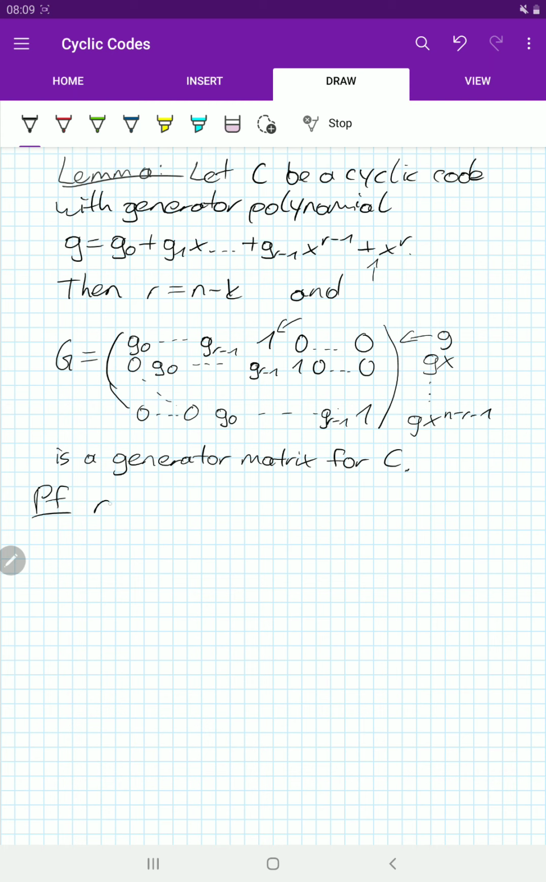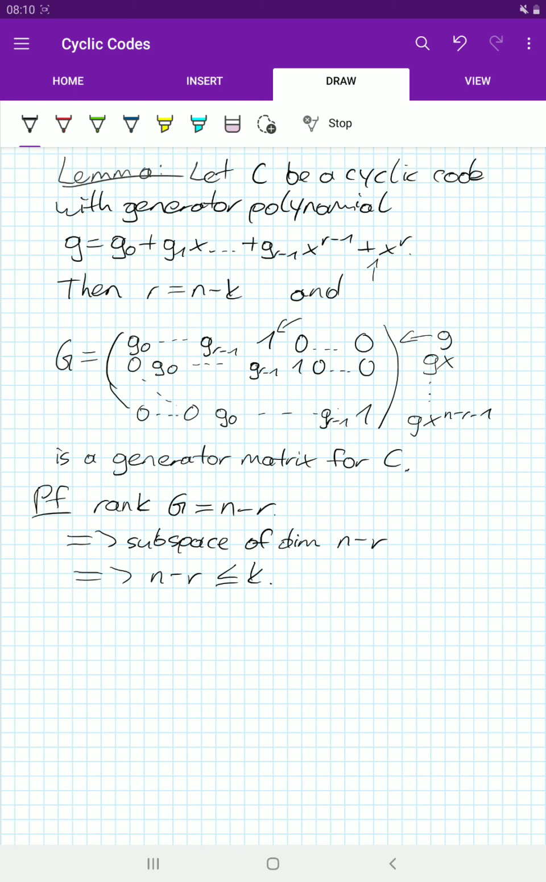Okay, so at first we note that the rank of G is equal to N minus R. So as the rows in G are code words, we have a subspace of dimension N minus R, which gives us that N minus R is at most K. Okay, so now we have